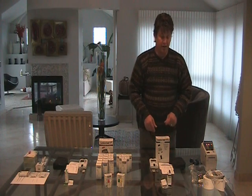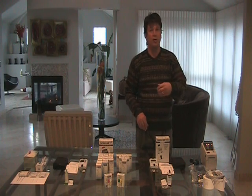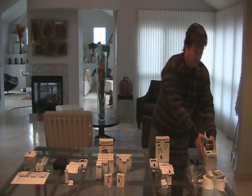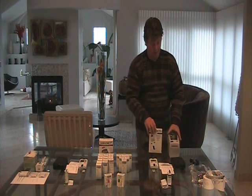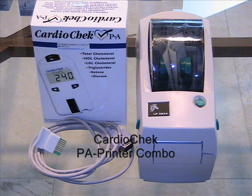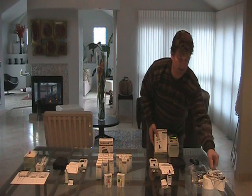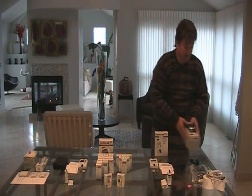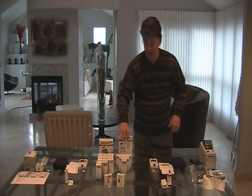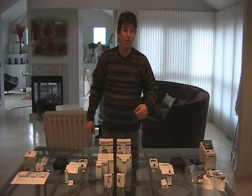batteries. Now, the other thing we do with the PA is that we also sell it in what we call a PA printer combo, and you can look on your lower left-hand side for more information on how to buy that. You get the PA, the printer, and a printer cable with this combo. Now, if you buy the printer later, which a lot of people do, they buy the PA originally and then the printer later,